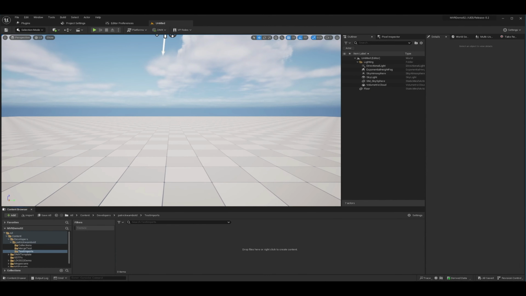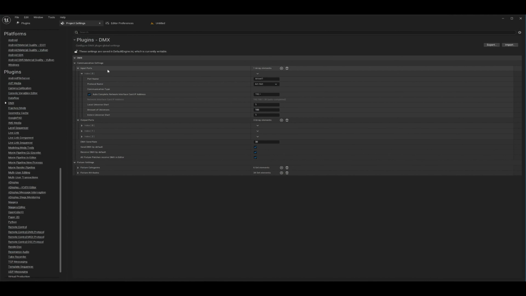Now, before we get into actually importing the MVR and Datasmith scenes, I'm going to go over a couple of settings in Unreal that you're going to want to pay attention to when setting up a project to use DMX. Specifically, I'm talking about the project settings. If you go into your project settings under plugins and then DMX, you'll have this section which we call DMX ports. DMX ports are something that define the input and output, the physical networking infrastructure that you're using to get DMX in and out of your project.